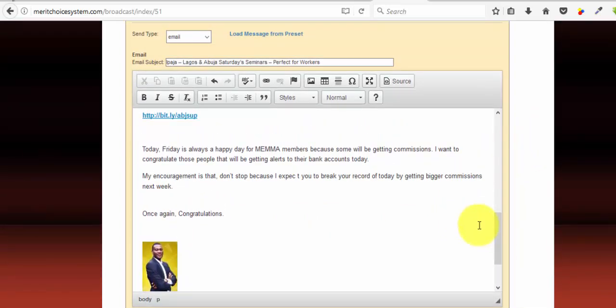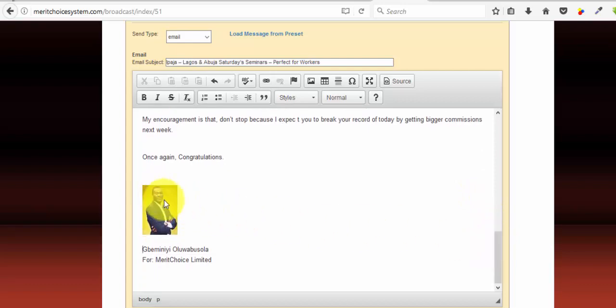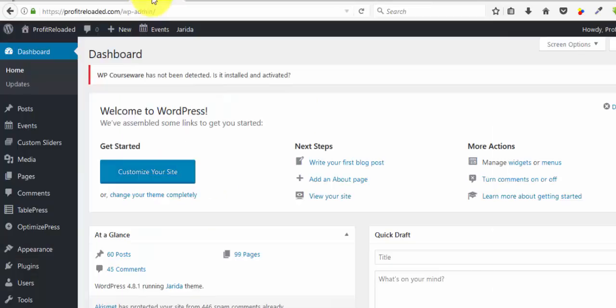But how do you upload your image online? If you have WordPress, you can upload your image there. You can go to the dashboard of your WordPress. So I'm going to do that. This is the dashboard of my own WordPress. So I will go to media. I will give you this example, and you click on add new. What I want to do is to add a new image